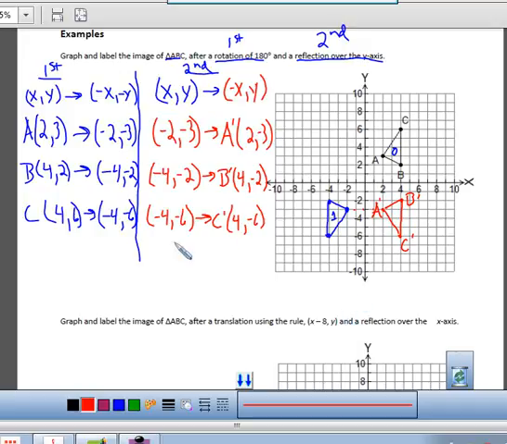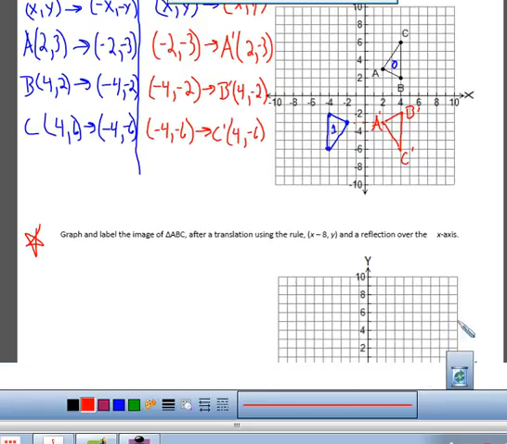Okay, so really quick, I'm going to have you do the last one on your own, but I am going to help you set it up. Graph and label triangle ABC after a translation using the rule. So they actually give you the rule for the first one. And a reflection over, so here's the first one, and the second one is a reflection over the x-axis. So split your workspace in half. The first is going to be using the rule,